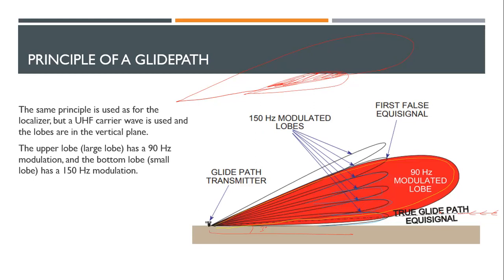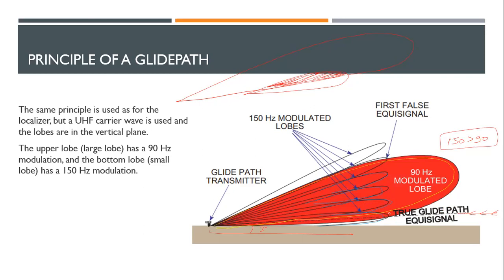That is what we are looking at. That is what our CDI and HSI is looking at. Now again, if you want to remember the 150 and 90 hertz, a simple method is 150 is greater than 90, right? So 150 is heavier. That is why 150 is below this 90 hertz. 90 hertz is above and 150 is below.